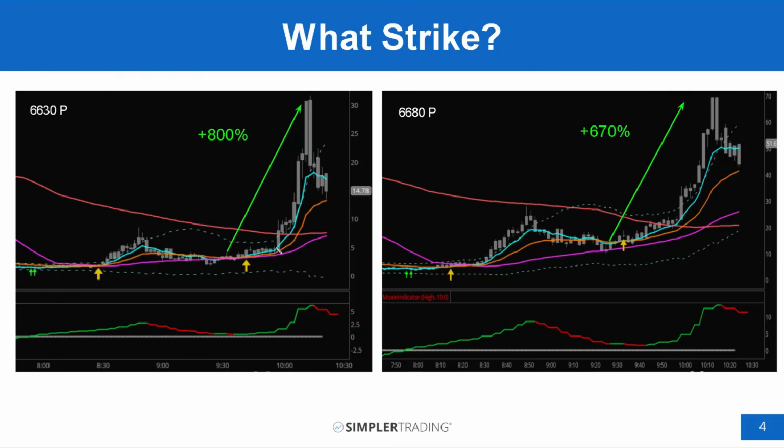And so you can see this one was just under $5, I think probably around 3-ish from when it actually started. And from the top, you can see it actually got 800%. Whereas the same move with a more in the money or at the money put here, about $15, right here, you can see that the peak was 670. Now, yeah, nothing to be too sad about from 670 to 800,